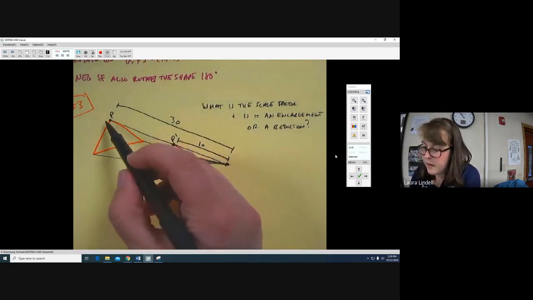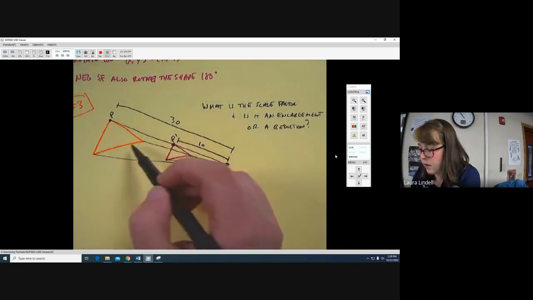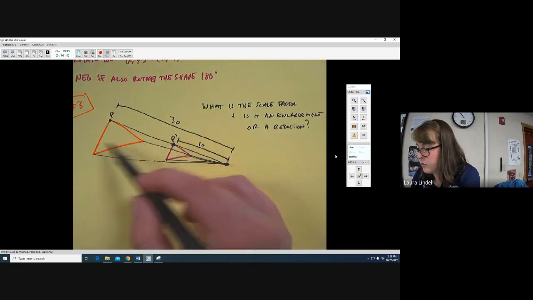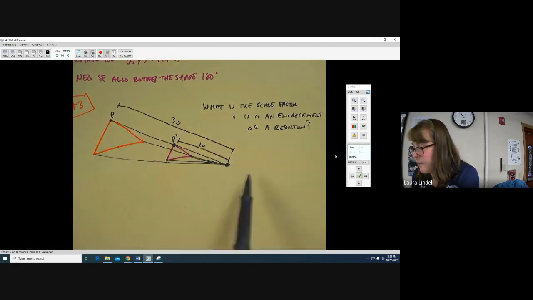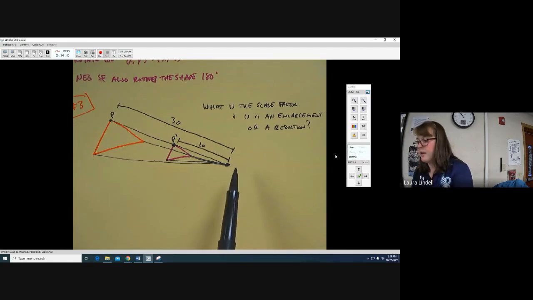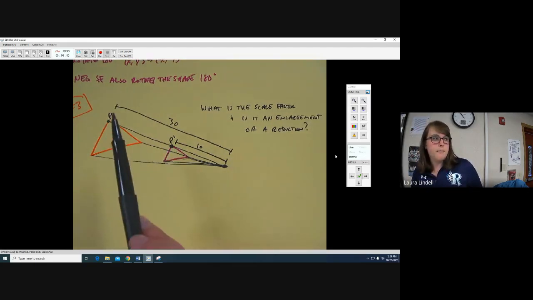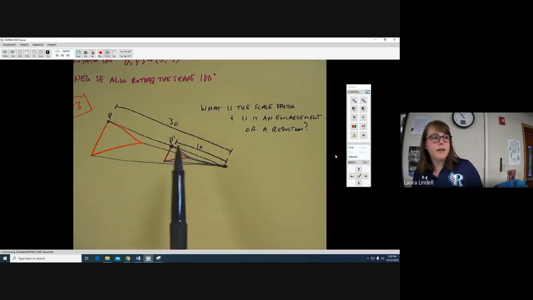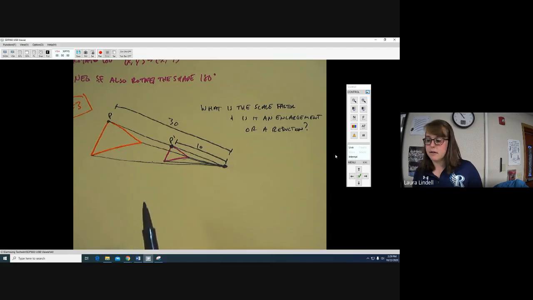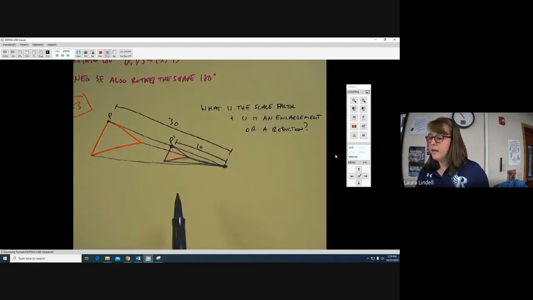So the shape itself is the orange part and the pink part. These are the two shapes. These lines going back to the center of dilation are just to show some distances to help us with demonstrating the distance to the center of dilation from each of these points. But yeah, it does look like some kind of freaky kite or something